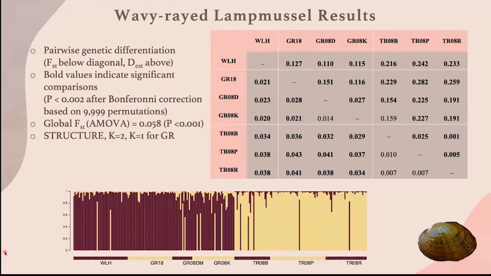And then a structure analysis for these individuals reveals 2 populations, with the Grand and the Thames rivers being distinct. So you can see here that they're 2 separate colors. And then within the Grand River, you can see there is no additional substructure between the propagules and the wild individuals. So this would be one genetic population, and the propagules, which are represented here, are not distinct from the rest of the wild Grand River individuals.